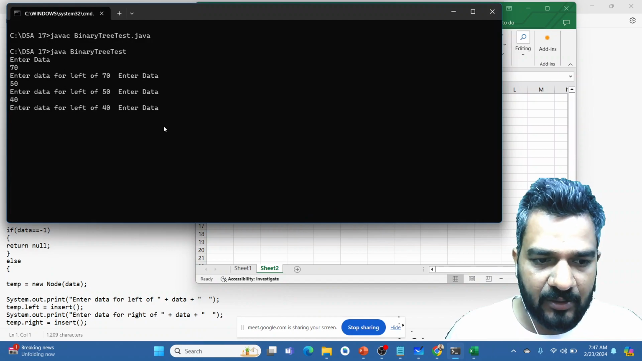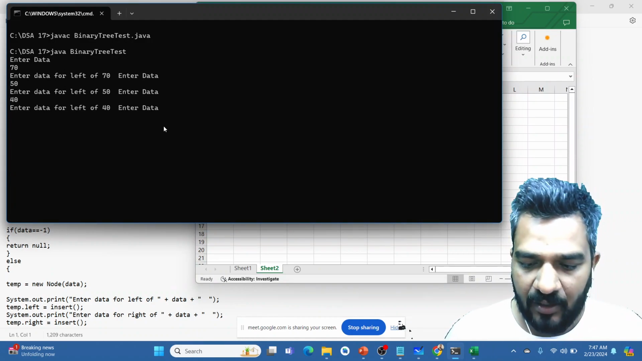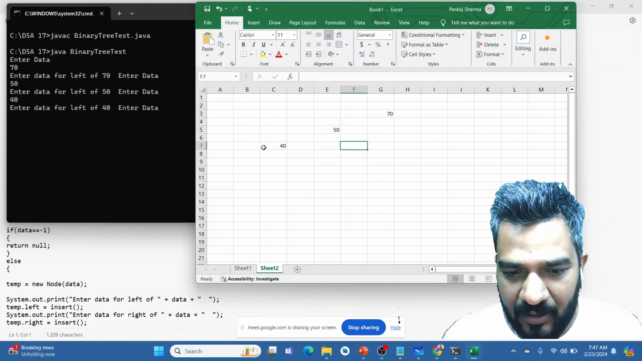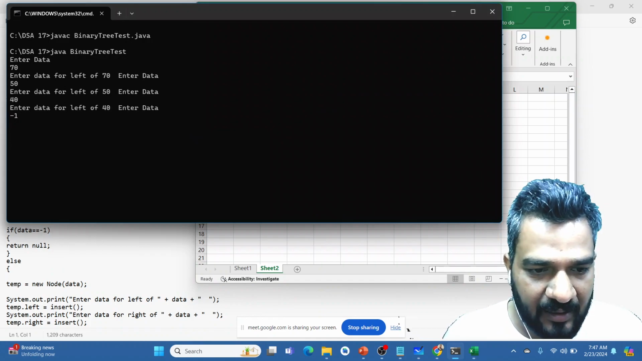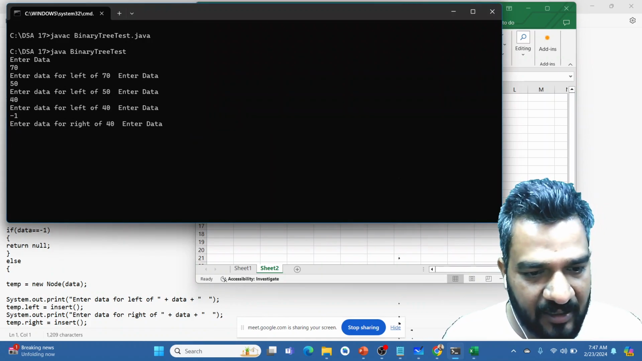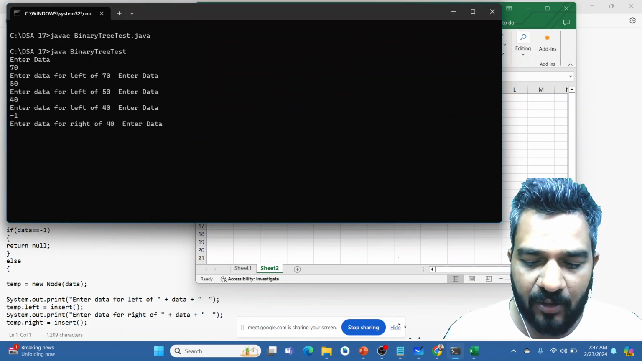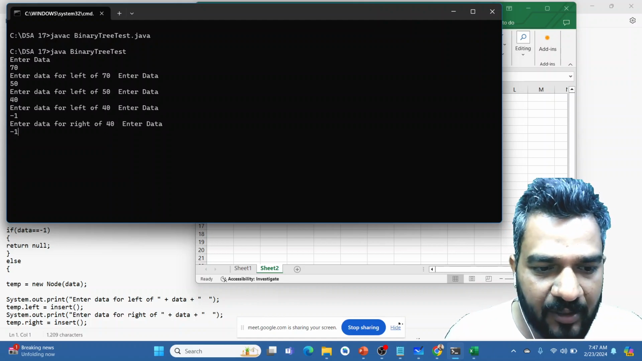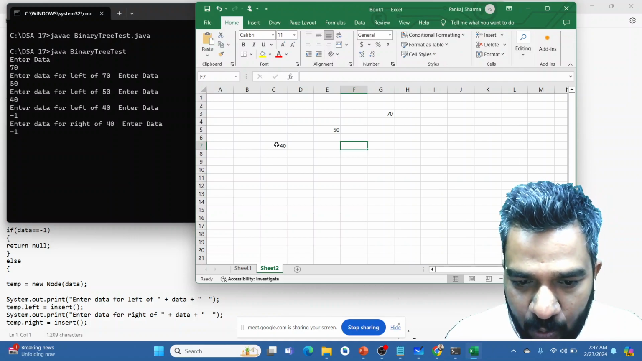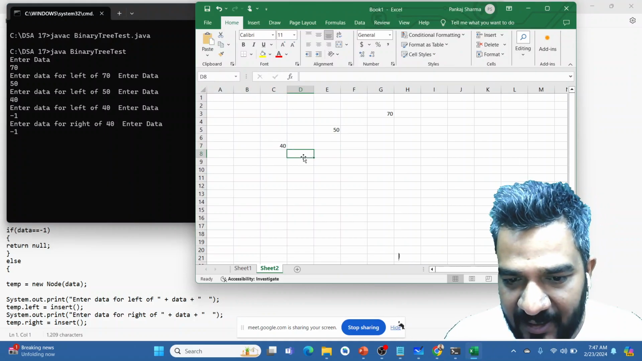Now I'll say okay, enter the data of more left of 40. So I'll say no, I don't want any child for 40. So I'll say minus 1. Left of 40 is minus 1, means null is stored. Enter data for the right of 40. Minus 1, I don't need a child over there also. Now after saying no to 40 left and 40 right,